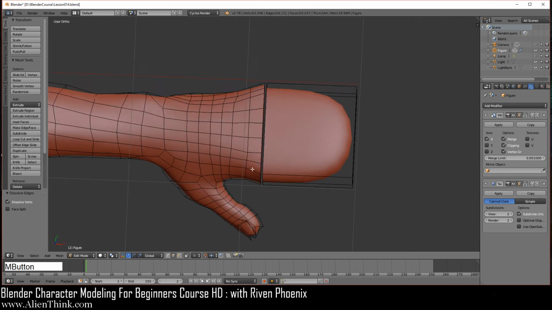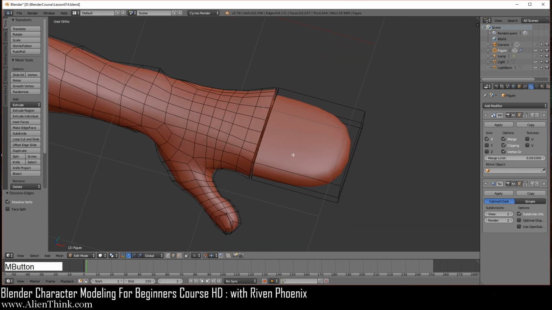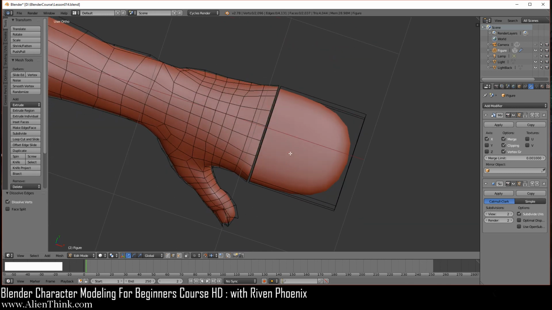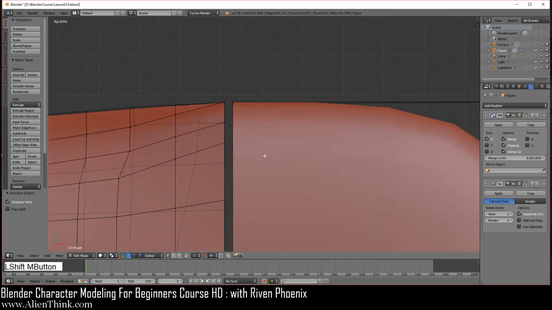So you can see what's happening if you zoom out, that we're going to create the fingers out of this mold over here. Okay, so press the 7 key to go to your top view, go into the vertex select mode, and now go ahead and select on this over here so we can see the vertices in the back. I'm going to do Shift middle mouse button to pan over here.